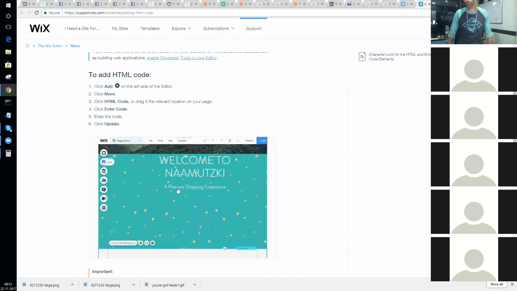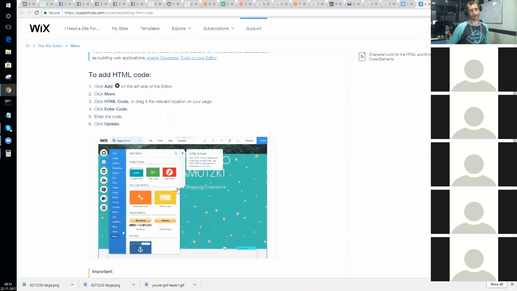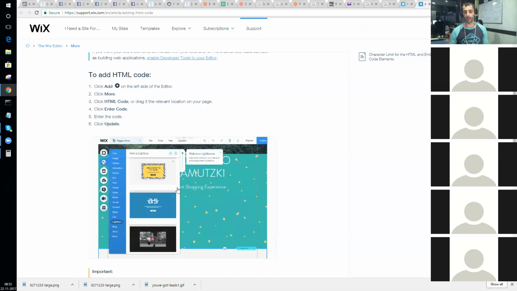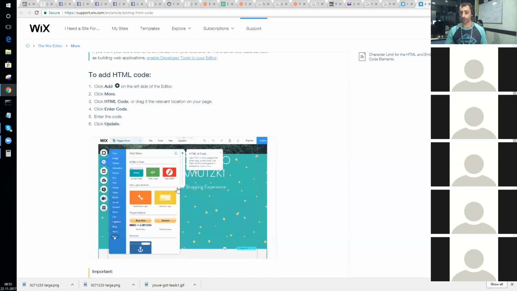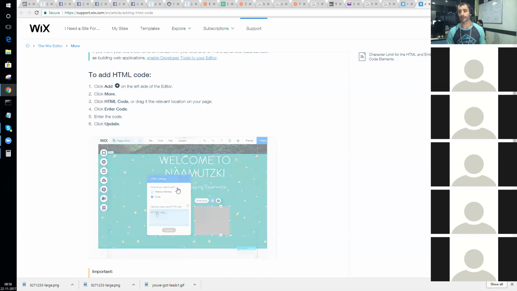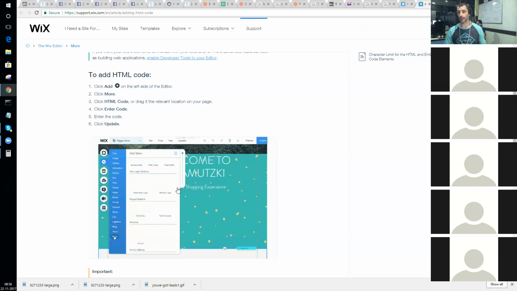You don't have to add it in your head tag, but it's general best practice to add these scripts in your head tag, because that head tag is all loaded up and rendered before the actual DOM is given back to the browser, and it's considered that the DOM can now start loading. So if you have elements inside the DOM that are dependent on a script, then general best practice is you want that script in the head tag, because that head tag is the first thing that the